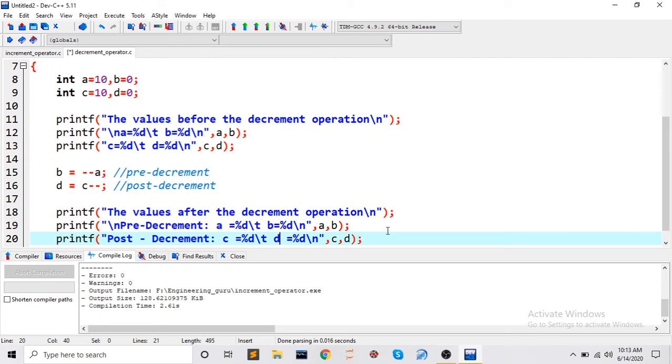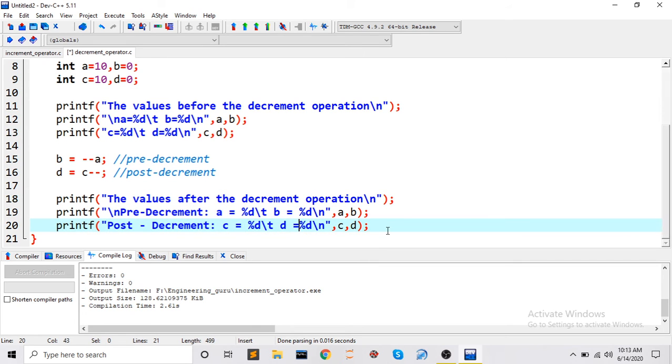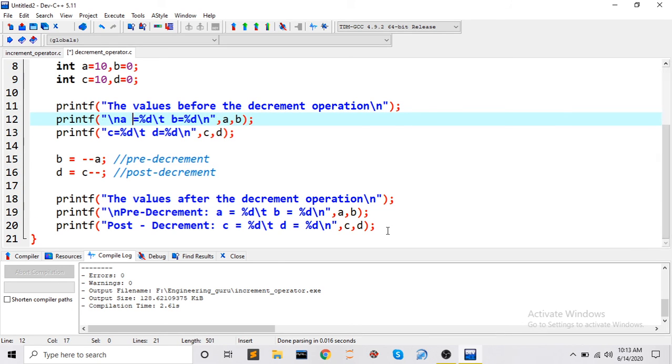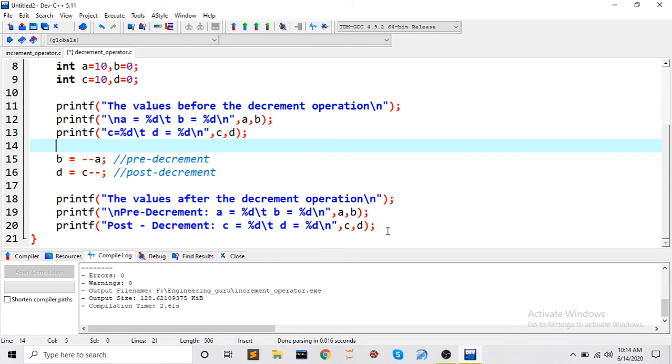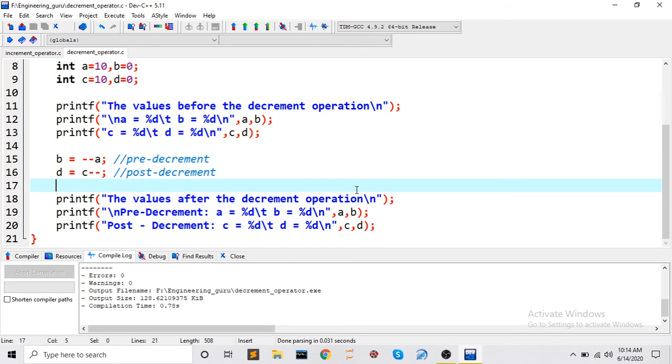If you have seen all the previous videos, you will not get confused about why I am writing like this. Before coming here, you should complete all the previous videos so that you can easily understand each and every point I am writing. You should not get confused. Let us compile the program and see the output. Let me give some space here so that our output will be more readable. Fine, we just compile the program and check the output. No errors, no warnings.